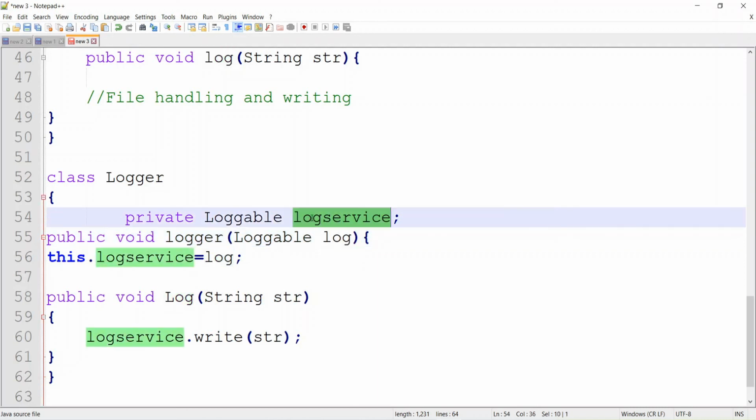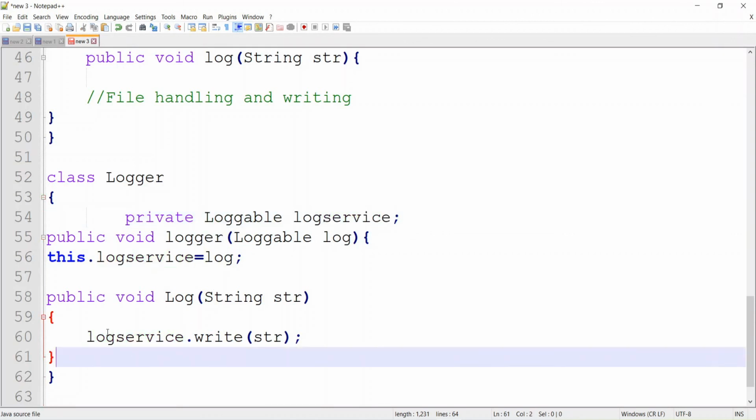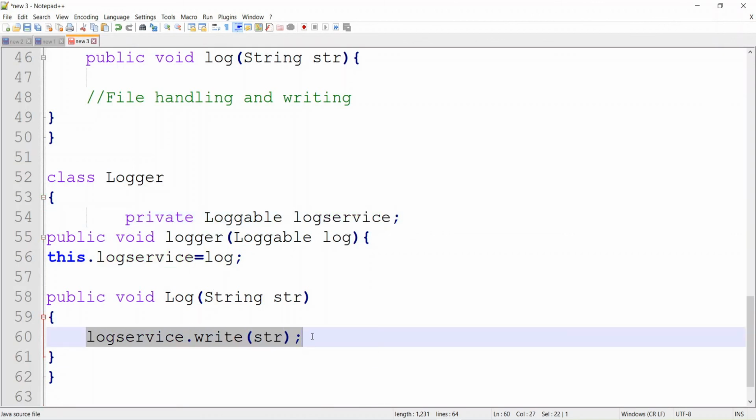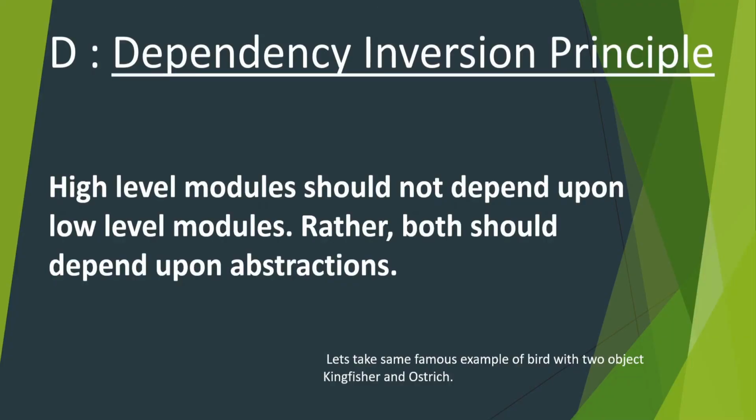It will store it in the log service, and from the log service it will be written. So it can accept any kind of service, whether the cloud service, Azure service, AWS service, database service, or the file system service. So this follows the dependency inversion principle. This was all about the SOLID design principles.